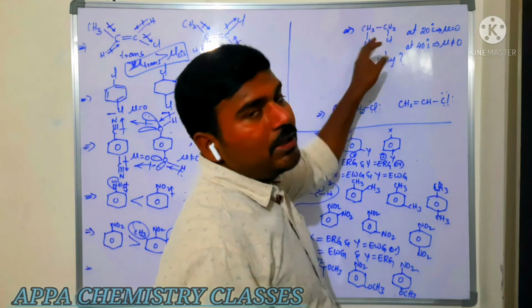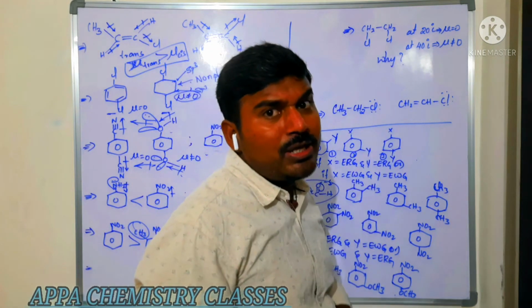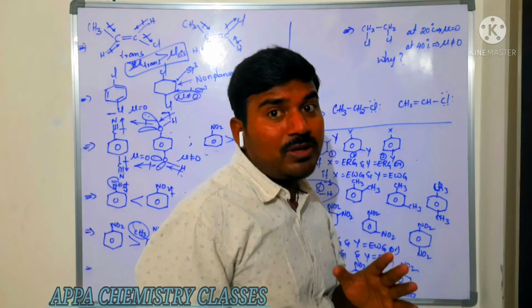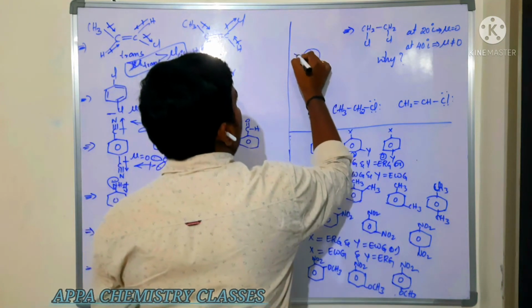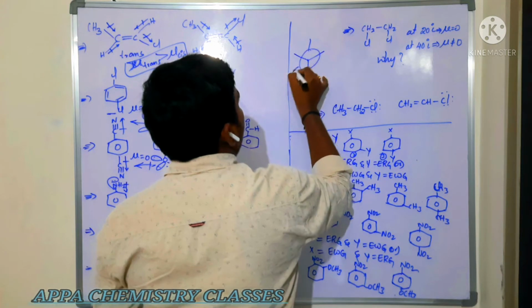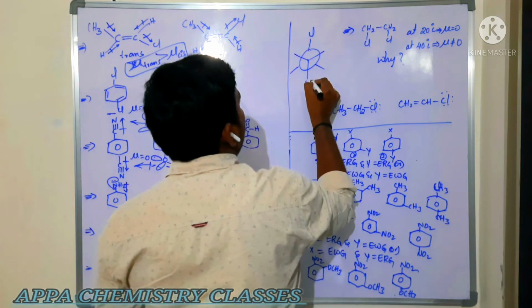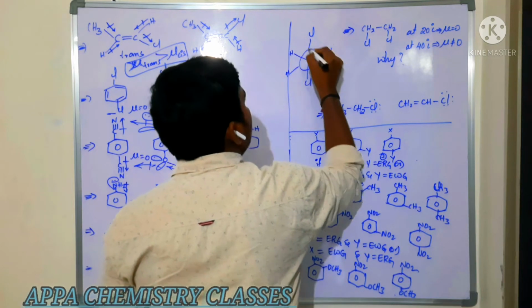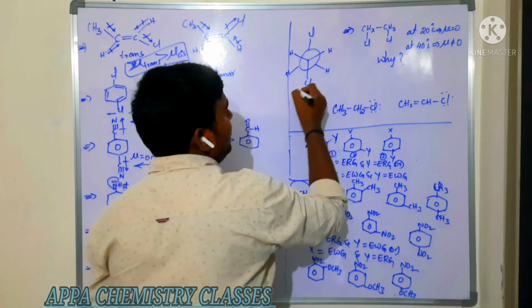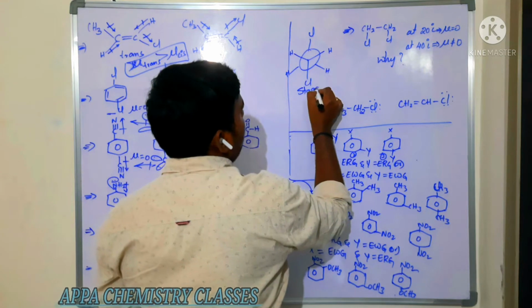It is what? Dichloroethane. The dichloroethane is more stable in which conformation? Staggered conformation. You can take, this is a staggered conformation. The same type of atoms are present opposite to one another, that is 180 degrees. If they are separated by 180 degrees, then it is called staggered conformation.